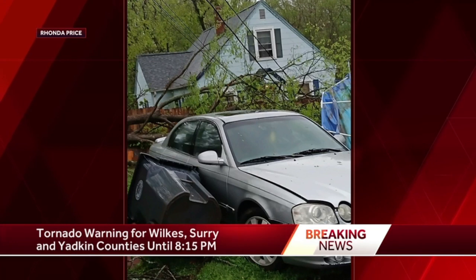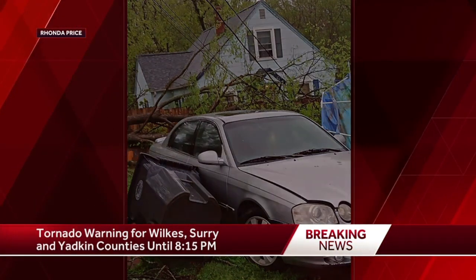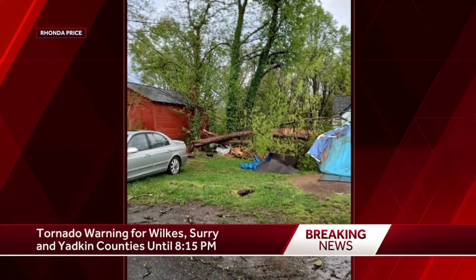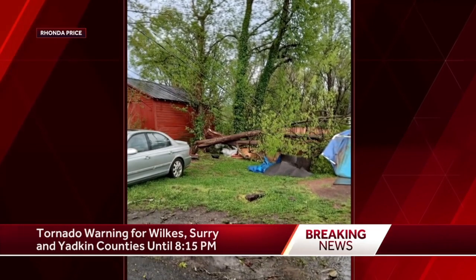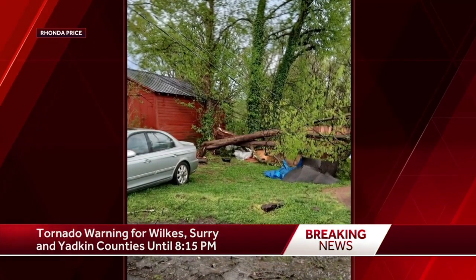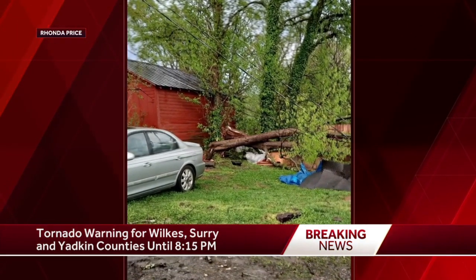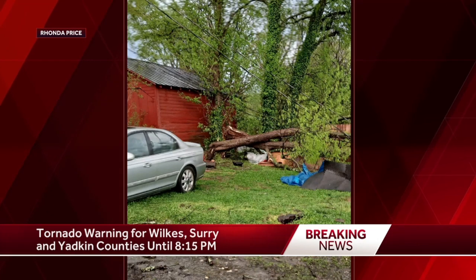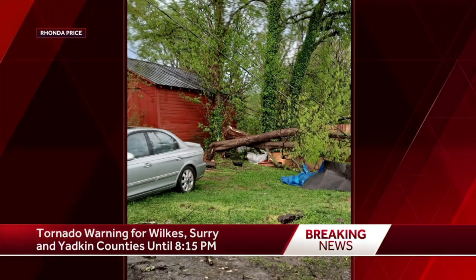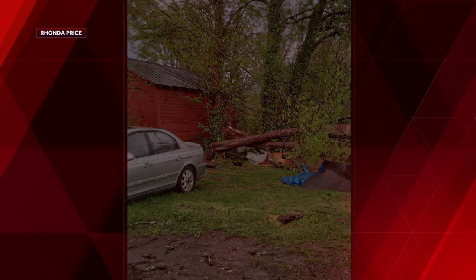You can see some damage here to a car. As we scroll through these pictures, we see a lot of the typical damage that we would see with storms like this and high winds. We see trees down. And furthermore, she shows us one view and a vantage point where you can see a pool, a lot of debris tossed around, and some lines, she says, are under, power lines are down under that pool. So again, very characteristic to these storms and what you, Michelle and Dylan, have been talking about all afternoon